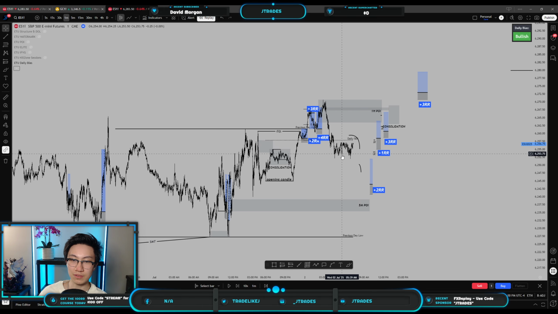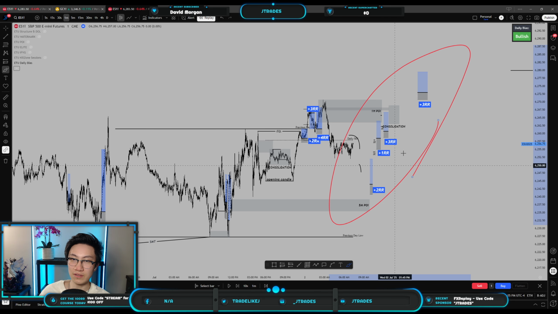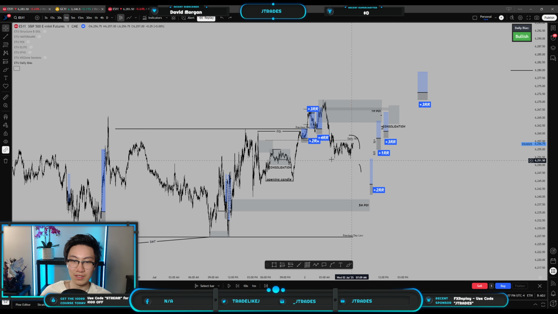Daily bias bullish, right? So if you're seeing bullish, you're looking for longs. This is literally what I did the whole day. I was looking for longs this entire day with my strategy. We can see previous day high marked right here, previous day low marked right here, and then you just let price play out, right? This is already previous day high, and then once price plays out here, so let's go